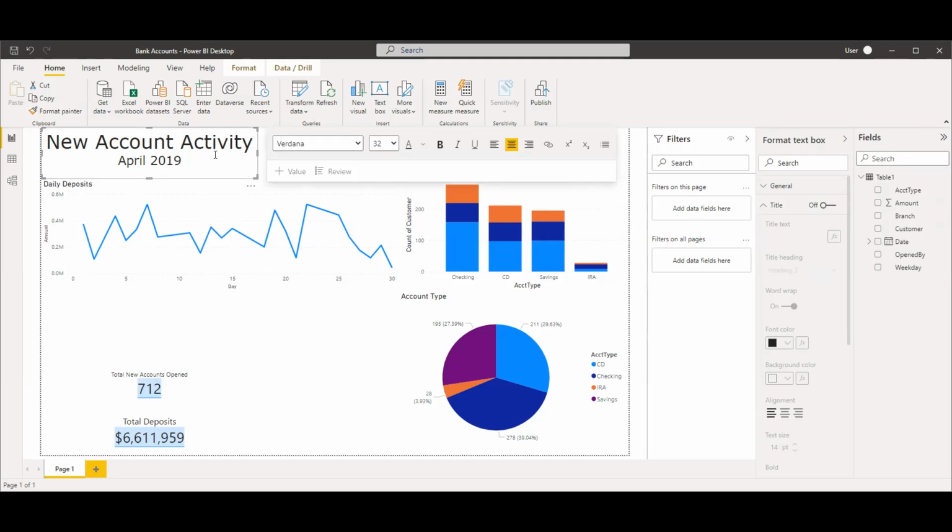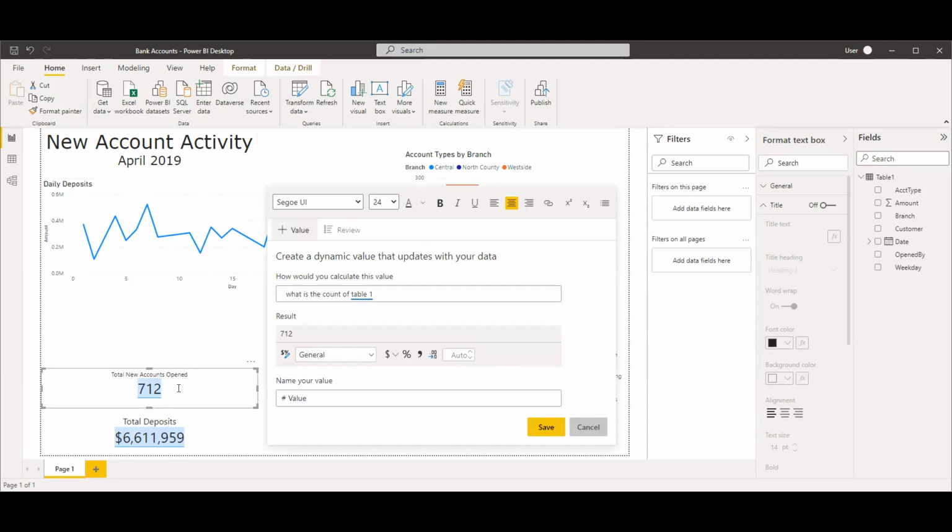And then I thought, playacting that this would be given to the board of directors, they might like to see the total of new accounts that were opened throughout our month of activity, April 2019. That's all we have data for. This is a text box down here, but when you click in it, you can see that you can